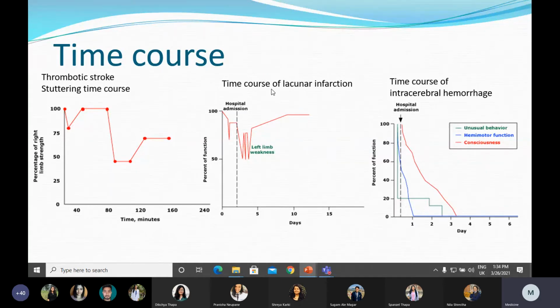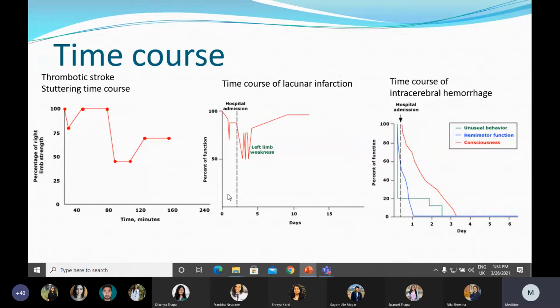In the lacuna infarct, the patient may not have a complete loss of weakness or motor function, and it improves in maybe a week or days, maybe in 15 days like that. But in embolism, we don't have a time course; the patient's weakness will be